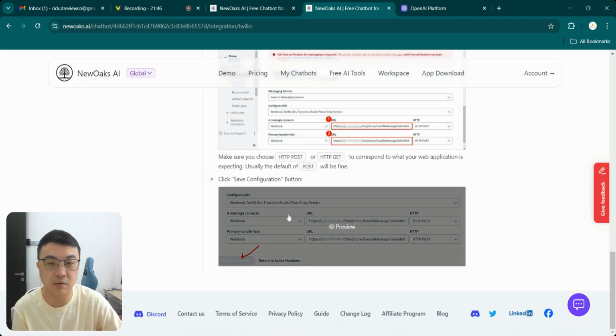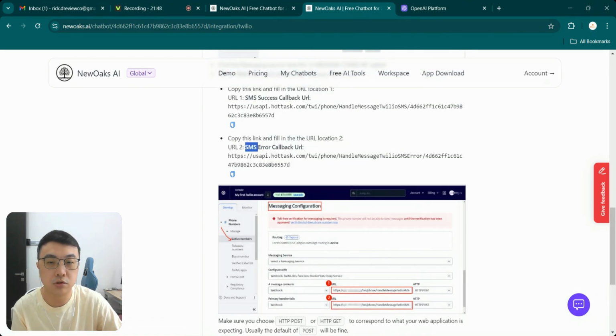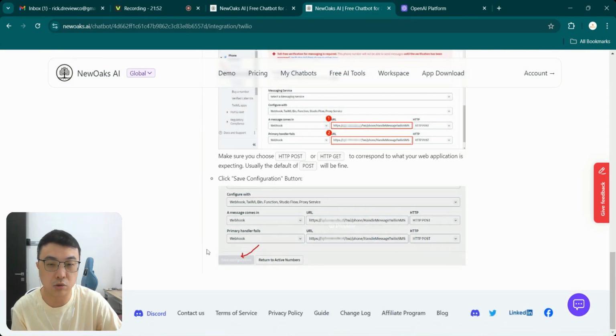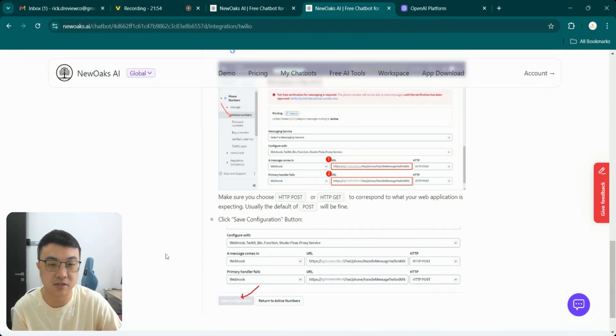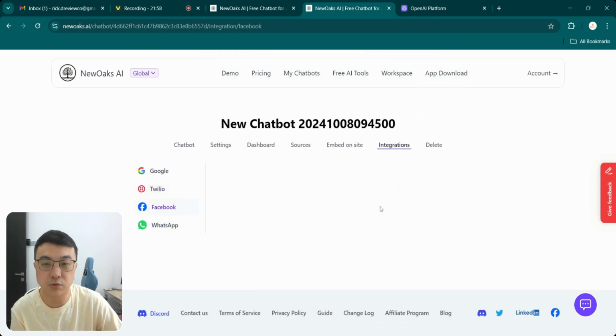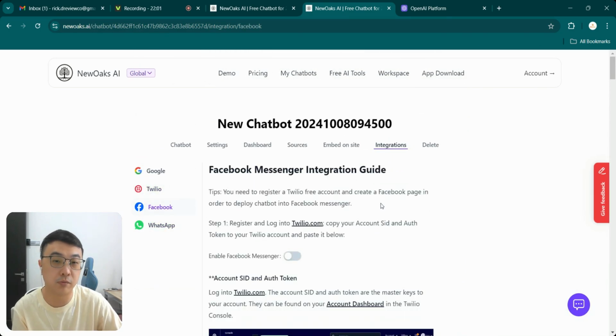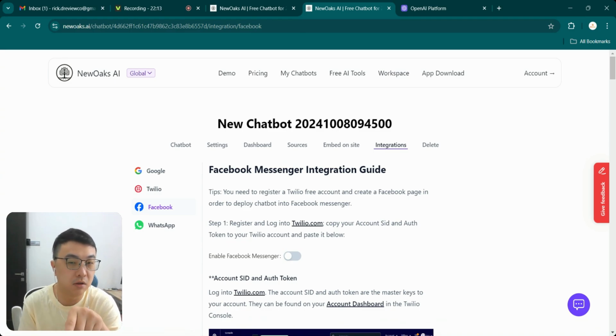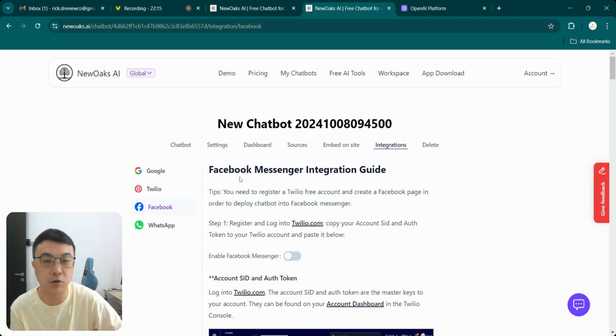They already give me a setup. Okay, quite good. So it's SMS, to integrate for SMS purposes. All right. Okay, so this one is to integrate with your Facebook Messenger. So you want to integrate your AI chatbot, which you already trained and is ready to deploy live, so you want it to appear in Facebook Messenger, you can do that, but you need to integrate